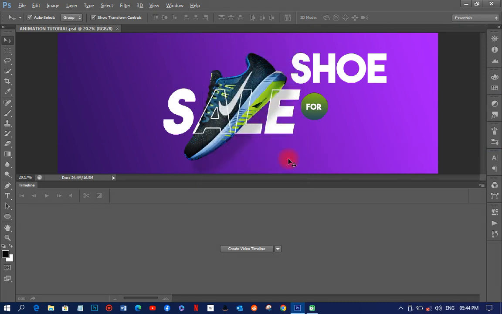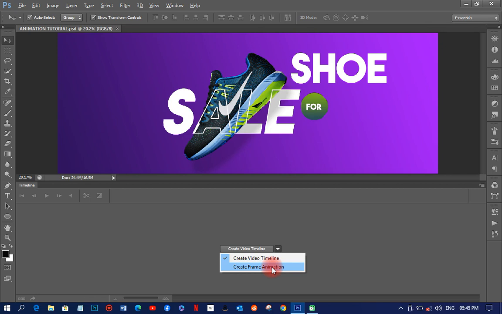that. So now after I design my artwork and I want to do that particular animation in Photoshop, what I need to do over here is, when I click on this particular option, we have two different things: create video timeline and create frame animation, you get that. The frame animation, when you do that, will look like picture icons or picture thumbnails, you get that. So that you can easily do it,